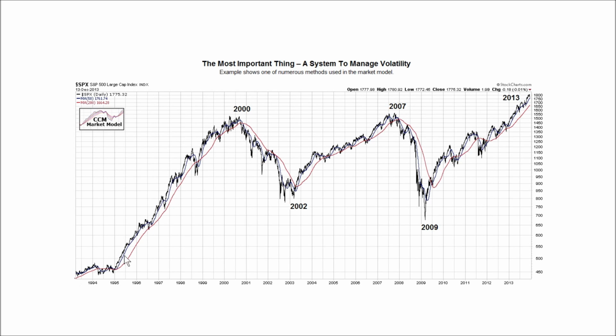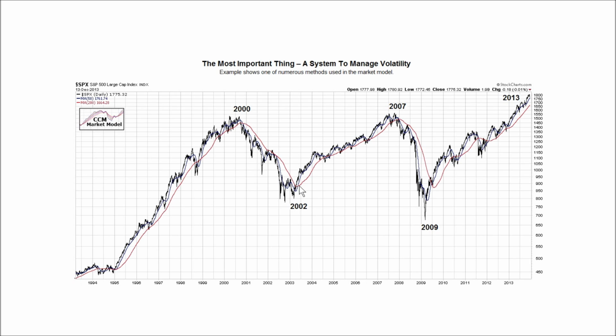You can see for the most part during this bull market, we maintained a bullish look where blue was above red, price was above. During the bear market, we never have a bullish moving average crossover. The slope of the 200-day in red stays negative during the whole bear market. And then here in late 2002, early 2003, we get the bullish moving average crossover here, blue back above red.